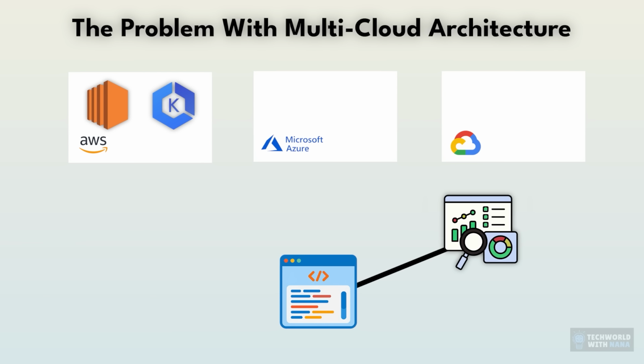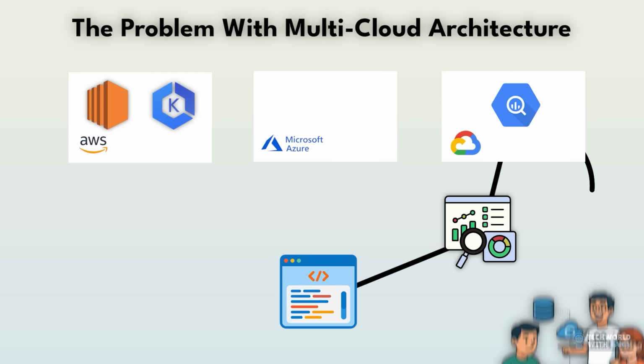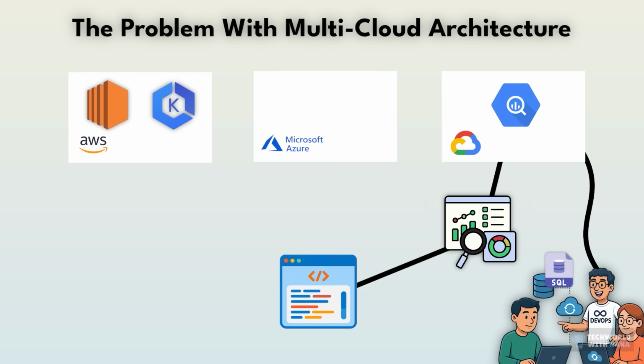But for analytics, you want to stream your application events from AWS into Google Cloud and store them in BigQuery, where your product and data teams can run simple SQL queries over several years of data of user clicks and billing to understand user behavior. They will then create dashboards in tools like Looker Studio to visualize all that data.